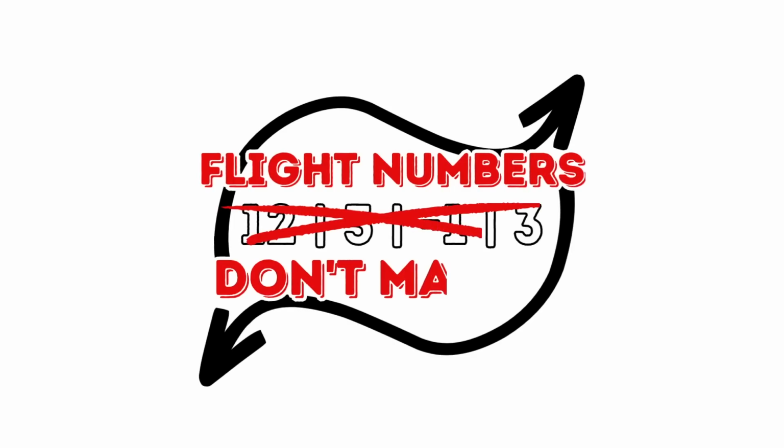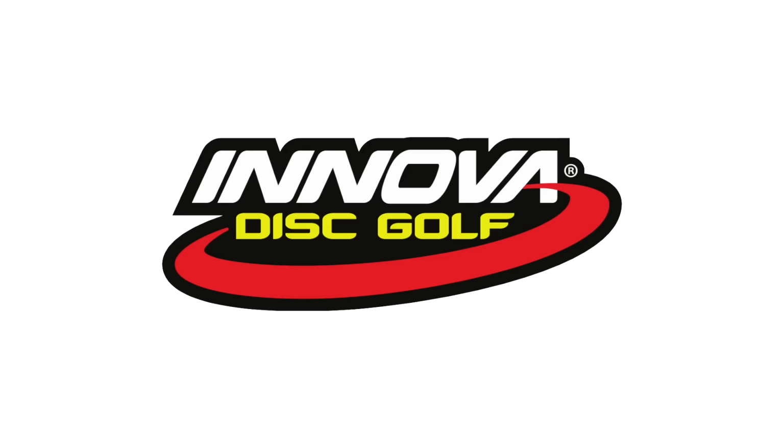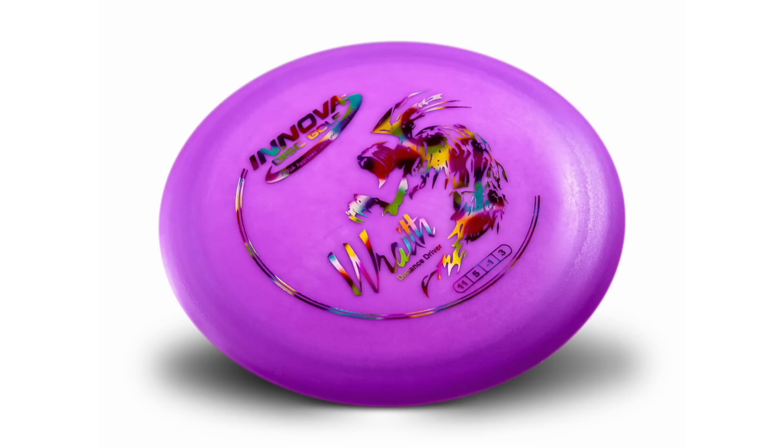This creates a lesser weight difference between the flight plate and the outer rim, and therefore less stability. Lastly, we can't talk stability without talking about flight numbers. If you've seen our Flight Numbers Don't Matter series, then you know that we love to hate to love flight numbers. But the reason that I bring that up is because many manufacturers take the approach of setting flight numbers